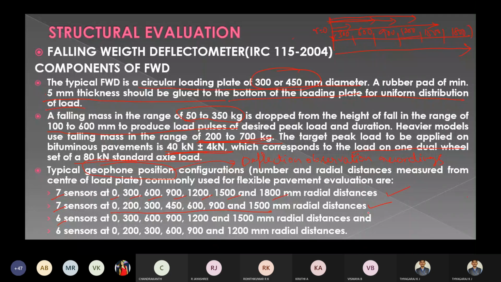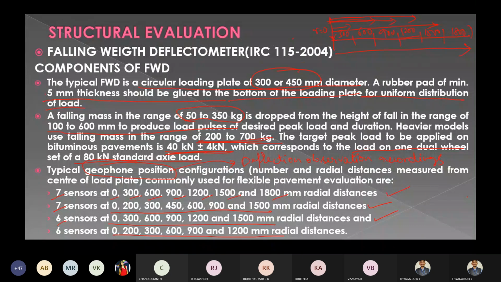Whenever it is 6 sensor based, you adopt one set of radial distances, and whenever it is another 6 sensor arrangement, you adopt the other radial distance. So remember, the diameter of the bottom plate will be 300 to 450 mm, glued with a 5 mm thick rubber pad, and the falling weight is in the range of 50 to 350 kg for a lower model.